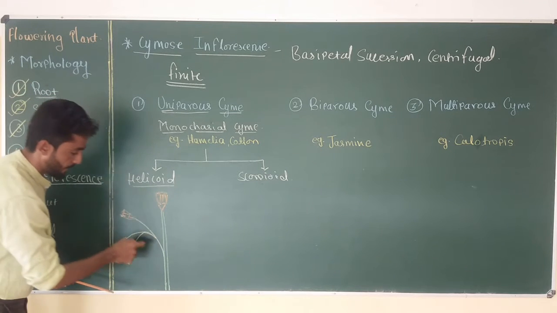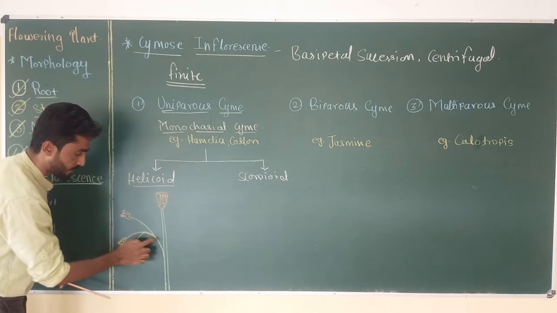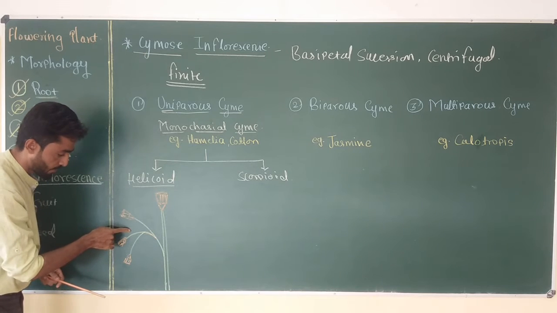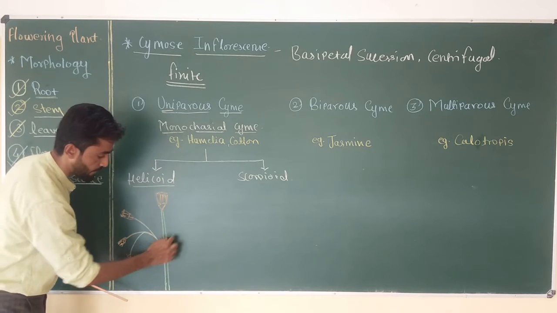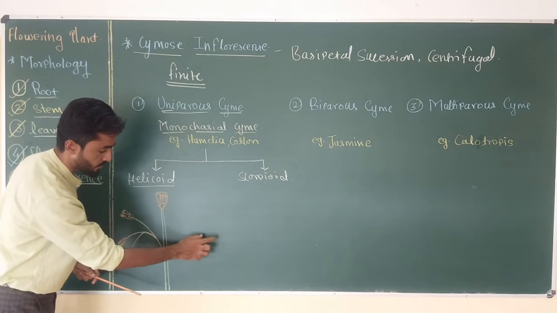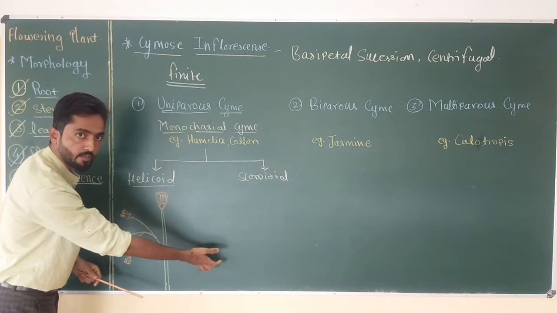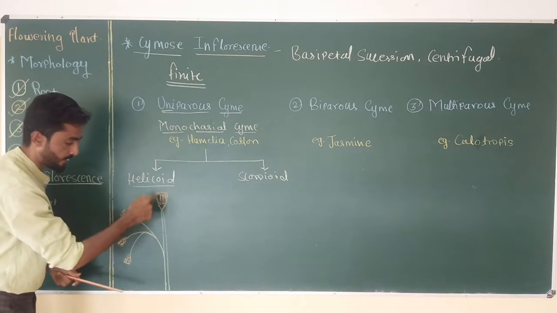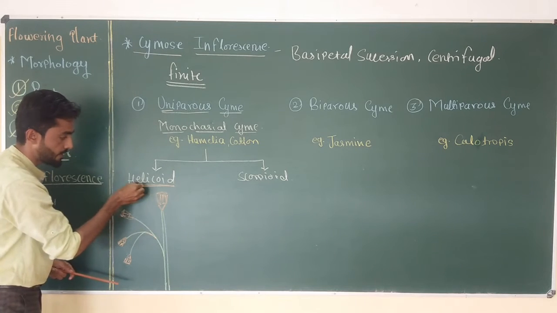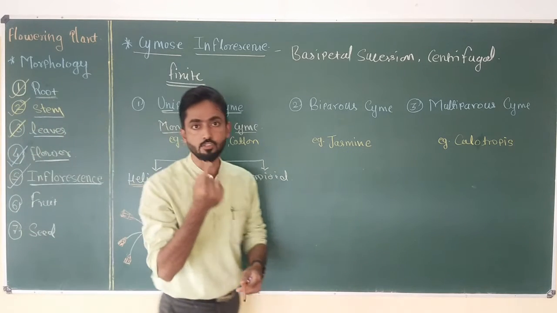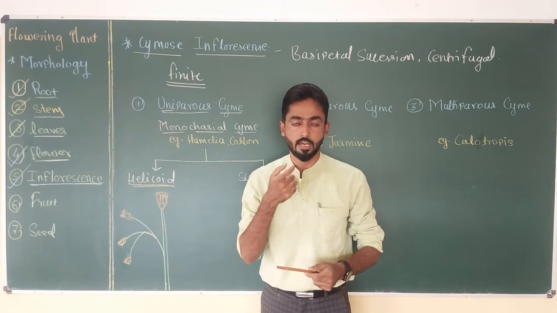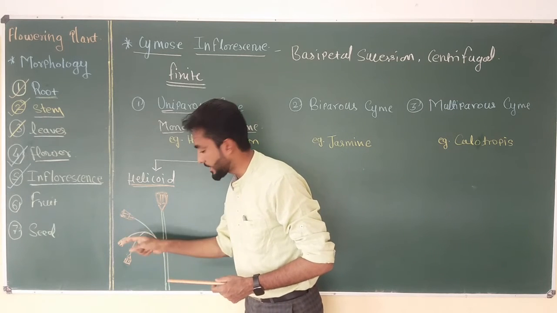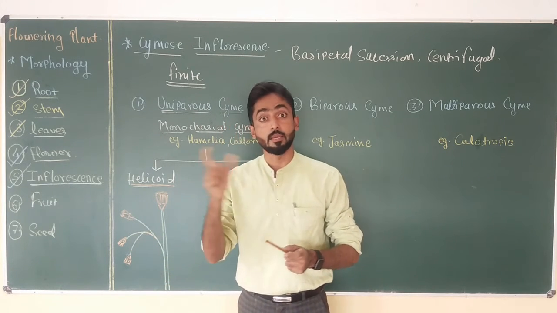And you can see here, if the first branch develops on the left side of the main axis, then all other branches will develop on the left side of the previous branch. If the first branch develops on the right side of the main axis, then all other branches will develop in the same manner. So either a single branch is present on the left or on the right of the central axis. So it is called helicoid. What is helicoid? Helicoid means a helical arrangement of the branches, like the arrangement found in DNA. So you can find here that all other branches are arranged in helicoid fashion on the same side.